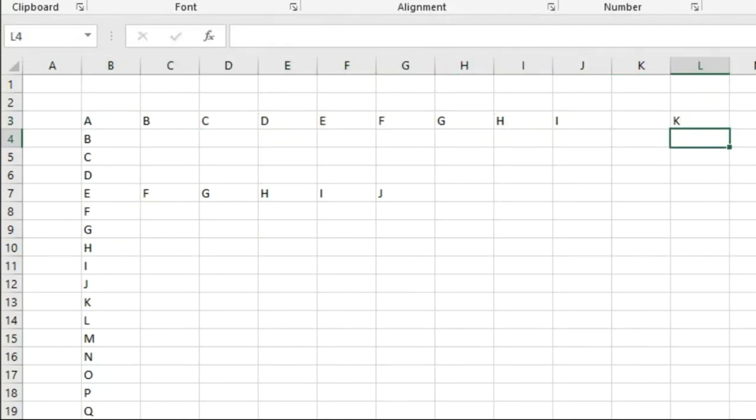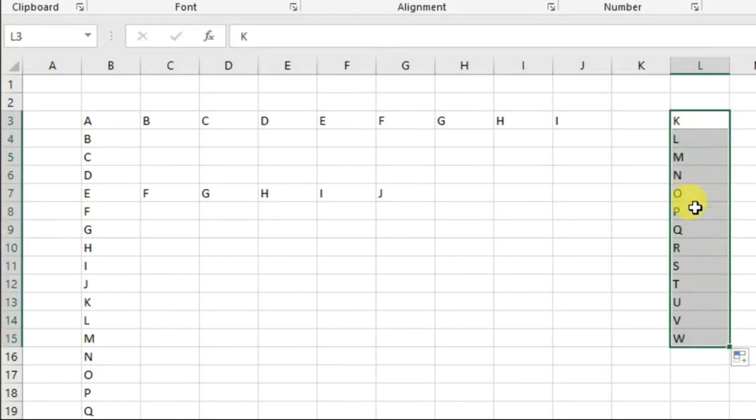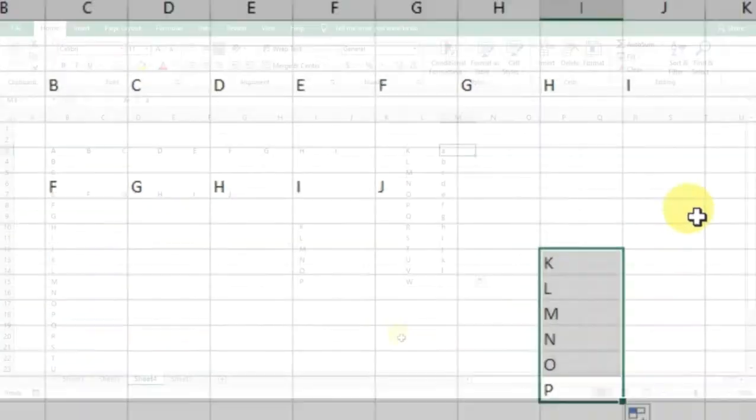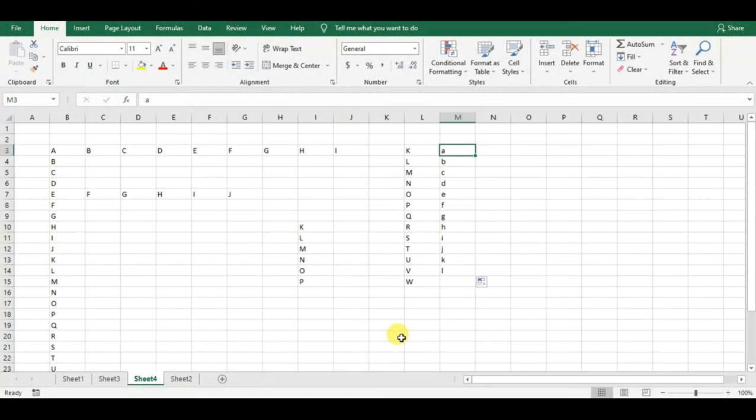I can start from K also. After K it will automatically fill L, M, N, O, P. So the alphabets are getting filled in this custom list from the point where they start. This list will help you to automatically input or fill up the alphabets in Excel.